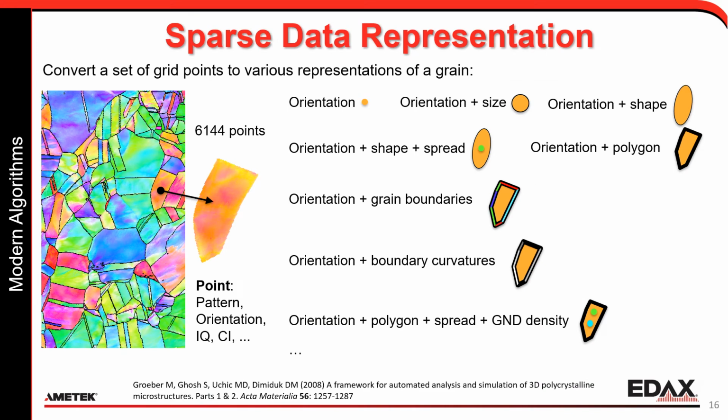You can also imagine, even if you do collect data on a grid, representing that data as individual entities. So instead of a grain being a collection of points, a grain is a grain, and maybe associated with that grain is an orientation, the size, and the grain boundaries surrounding it in terms of both misorientation and maybe even curvature. So this points the way towards ideas that are used in synthetic microstructures, for example, to increase our analysis capabilities and really to make things quicker than the way we do them today, to go to a more sparse data representation.